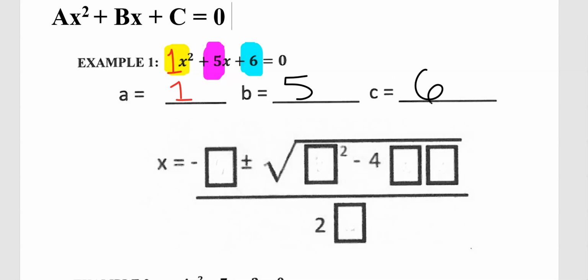to this formula. Okay, and in the quadratic formula, it tells me to plug in the b term here. So my b term is going to be plugged in here and here. So I've got negative 5 plus or minus the square root of 5 squared minus 4, and that 4 is a part of the formula, times the a term, which in this specific example is a 1, times the c term, which is 6. All this is going to be over 2 times the a term, and again the a